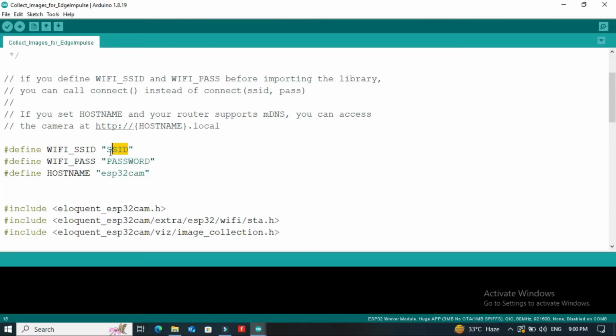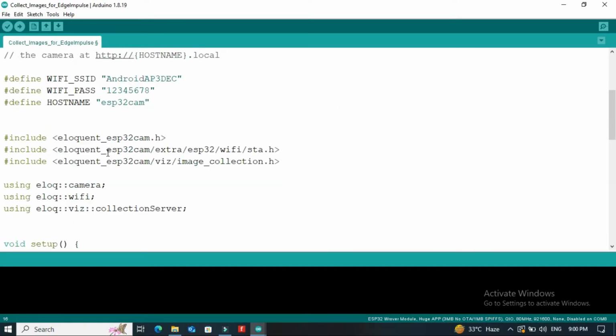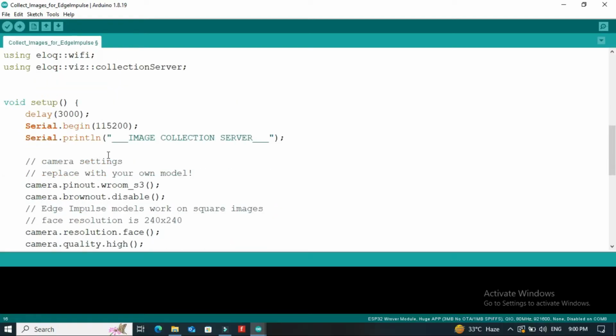Enter your Wi-Fi SSID and password. In the Setup section, change the camera model to AI Thinker. Now upload the code to the ESP32 cam.